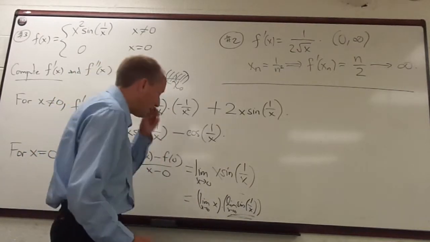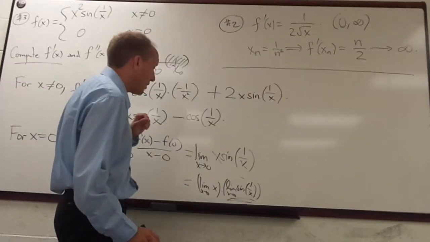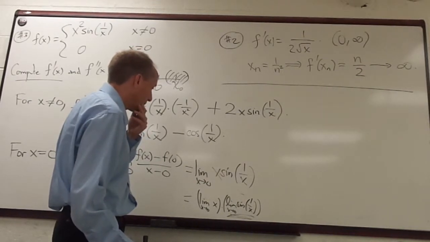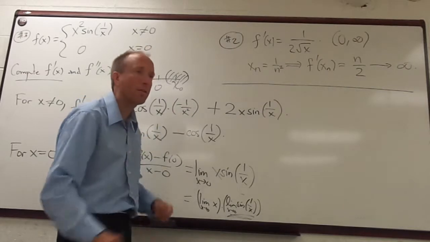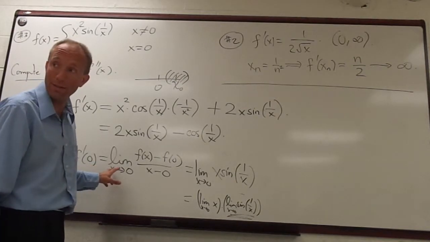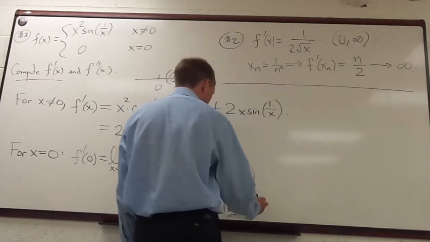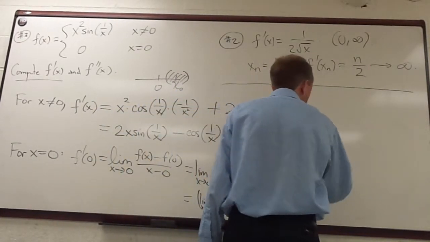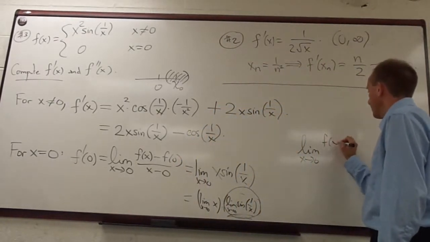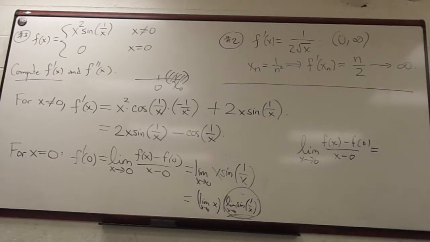Let me give you another idea. Let's say we know that this f prime of 0 does exist. I don't know what the value is, but let's suppose it does exist, sort of by way of contradiction. So this is f of x minus f of 0 over x minus 0, if that does exist, can't I just write it as